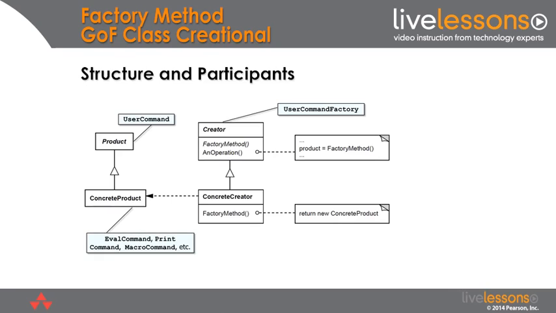We then have concrete products. In our case, that would be eval command, print command, macro command, set command, and so on. And then in the Gang of Four pattern, they talk about having a concrete creator that makes the appropriate type of subclass. We're not going to use that particular variant in this example, but be aware that it does exist in the pattern itself. Let's now take a look and see how you could implement the factory method pattern